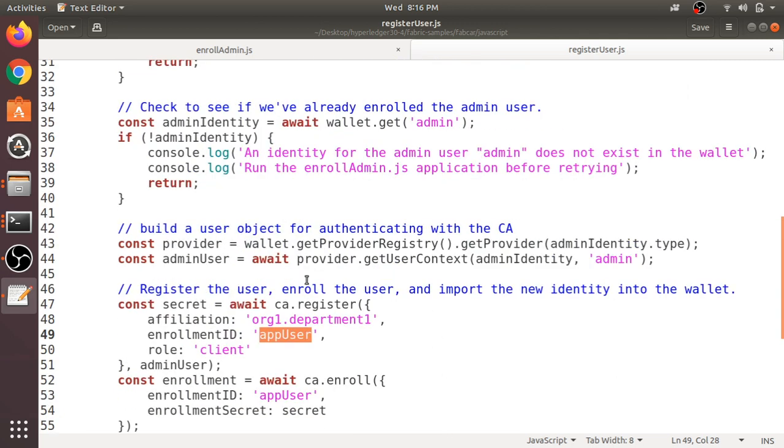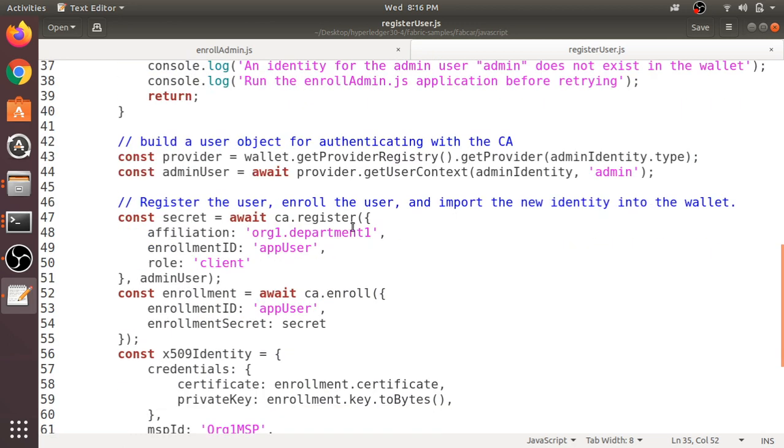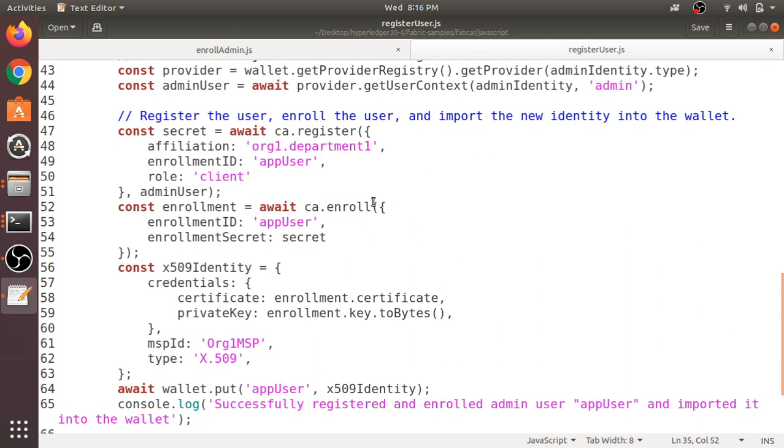You can only register an app user if the admin is already enrolled. So first you have to enroll the admin, then with the identity of the admin you can enroll a particular user. That way you can create security in your system. Only with the privileges or the key of a particular admin can you enroll a new user into your system. Here you can give any name as the ID.